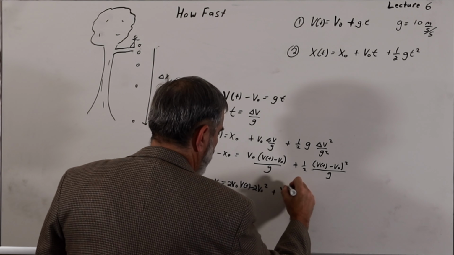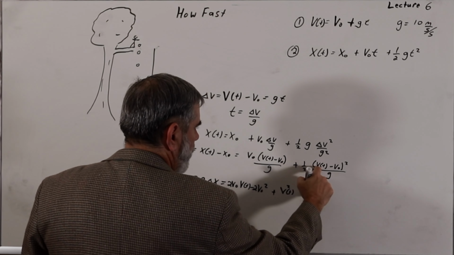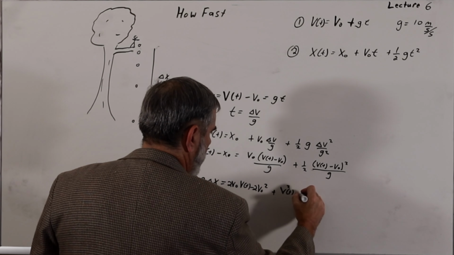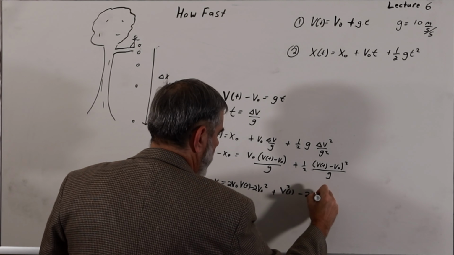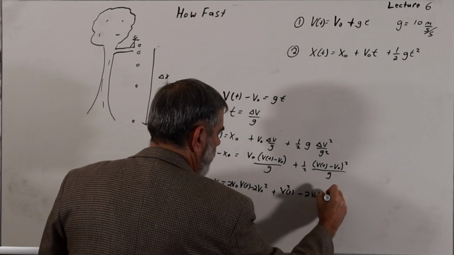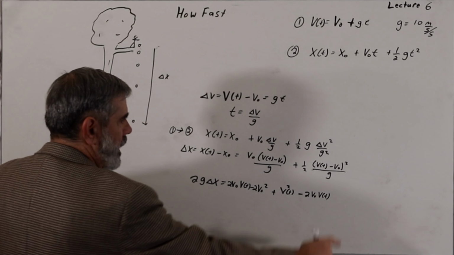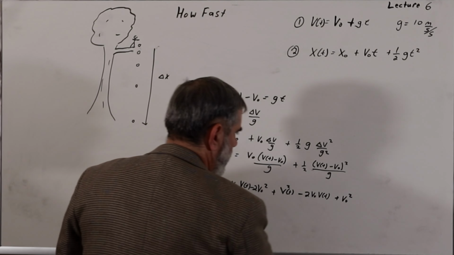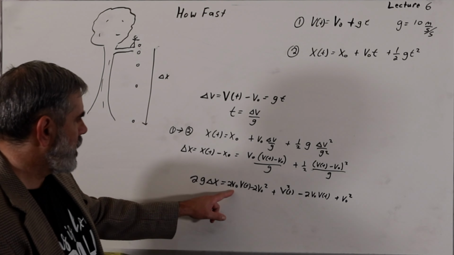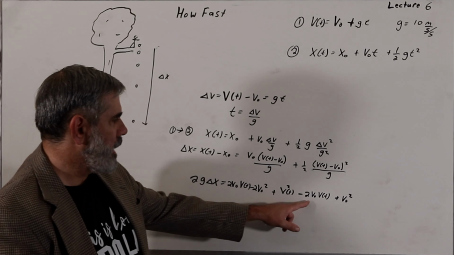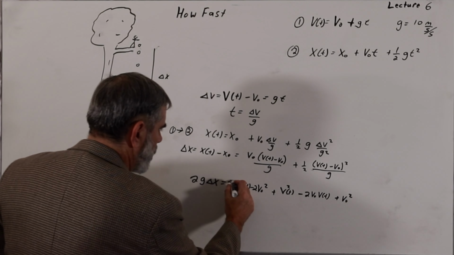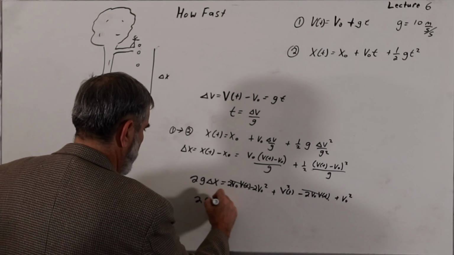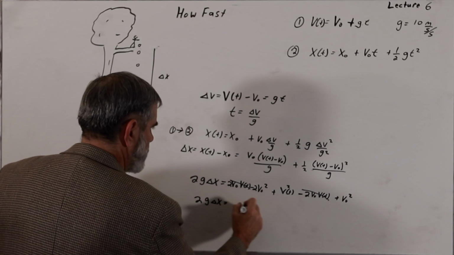So it'll be a v of t squared. Then we'll have v of t times v naught, or minus v naught, and then also minus v naught times v of t, so that'll be minus 2 v naught v of t. And finally, minus v naught squared is going to be plus v naught squared. And if we look at this, we see that we've got a 2 v naught v of t and a minus 2 v naught v of t right here. Those will cancel out. And we'll be left with 2g delta x is equal to